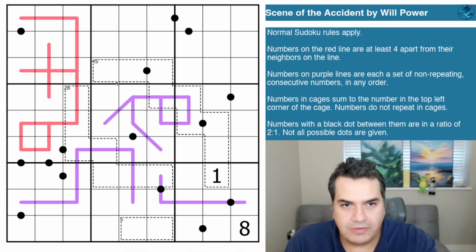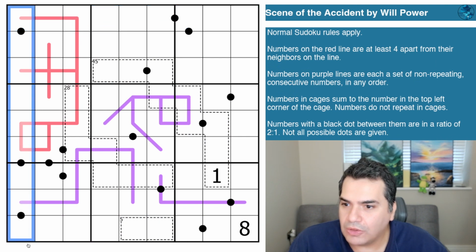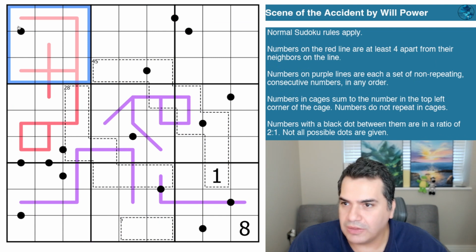So we have Scene of the Accident by Willpower, and the following set of rules. So normal Sudoku rules apply. So that means the digits 1 to 9 in every row, every column, and every 3 by 3 box, such as this one. We have numbers on the red line are at least 4 apart from their neighbors on the line. So this line here, which you can see is almost like,